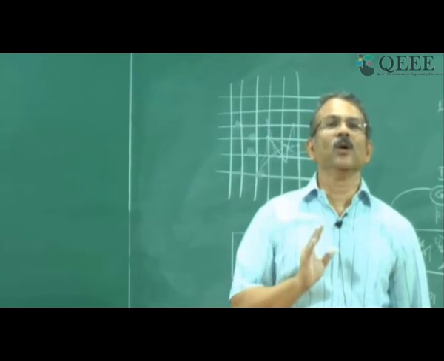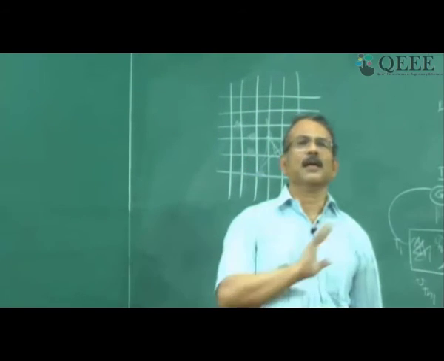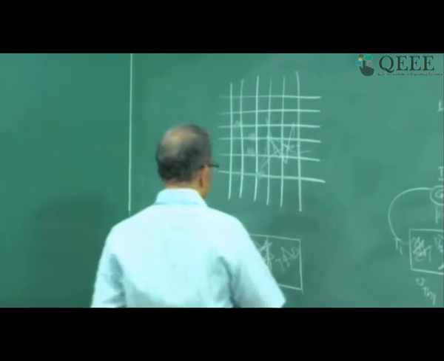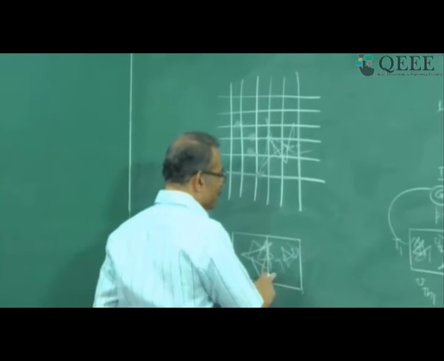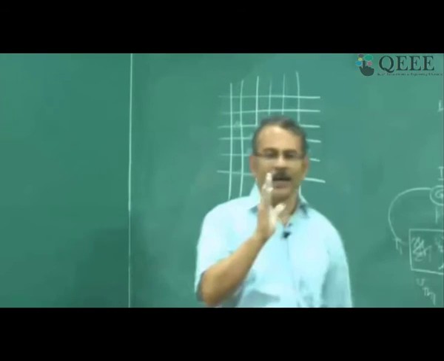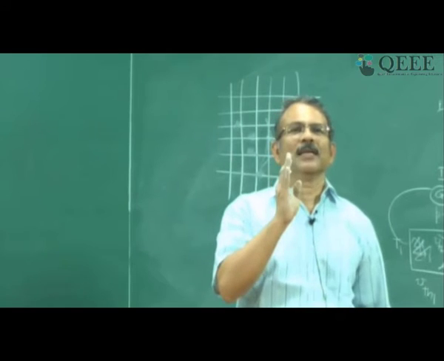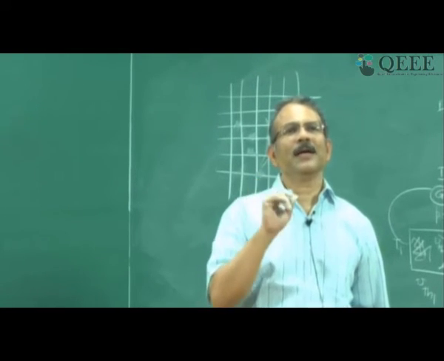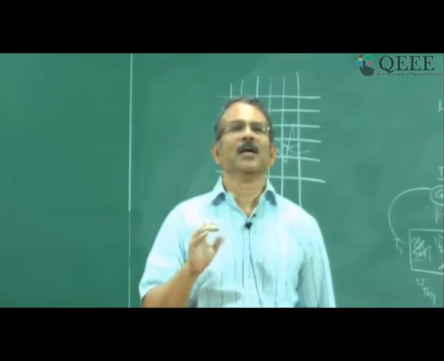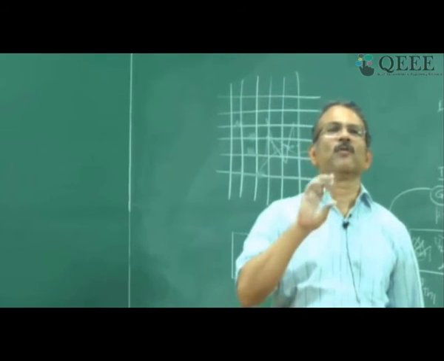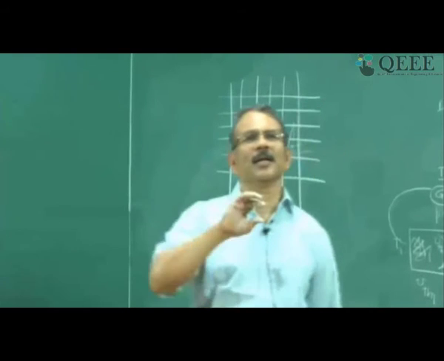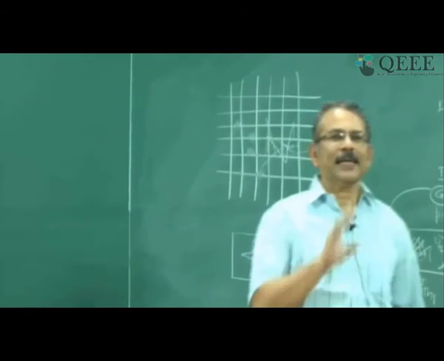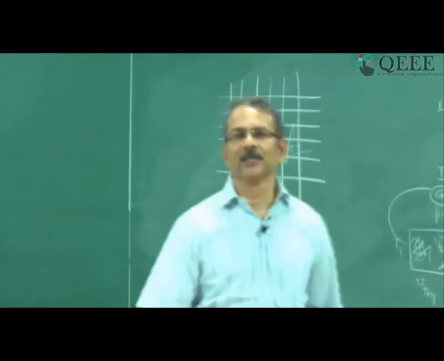If temperature is 0, then there is no movement of electrons, everything is calm. But if temperature is greater than 0, there is a random movement, because of which at any point I will detect currents at different instants of time. Sometimes the current will be in one direction, sometimes in the other direction. So this is the source of what is called noise, because this current is not in any one direction, it is random at different points of time. So you can say this is a simple explanation of why there is noise.